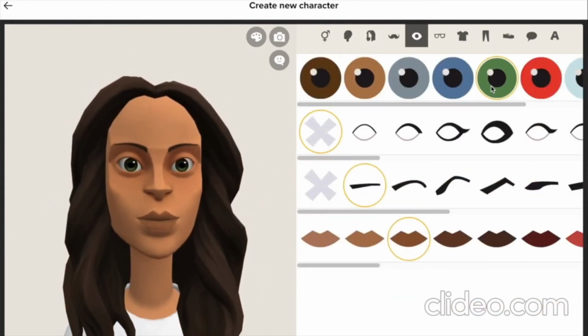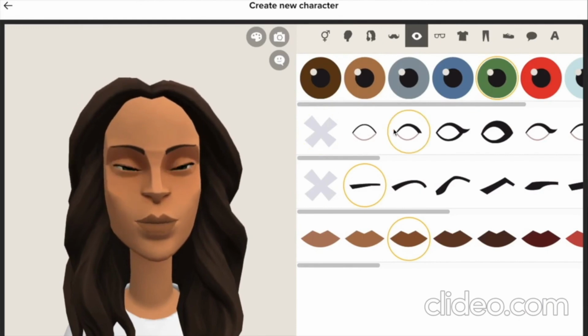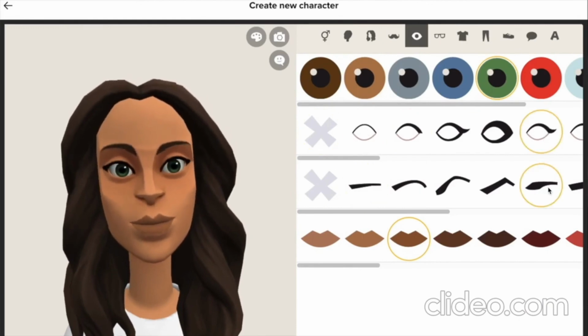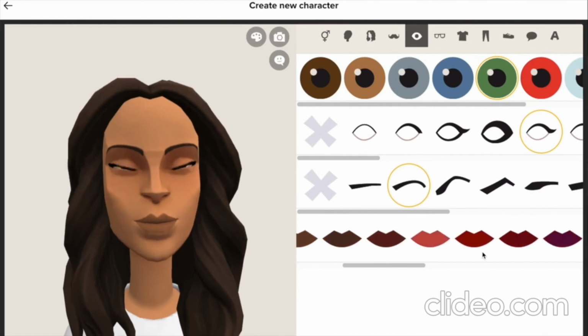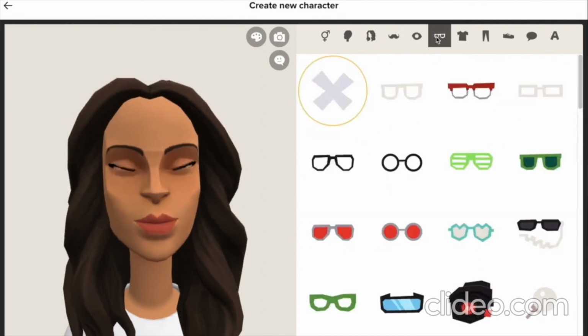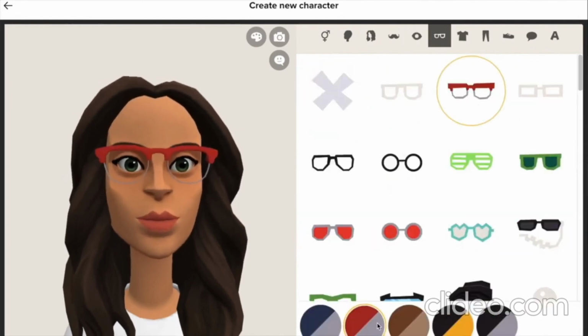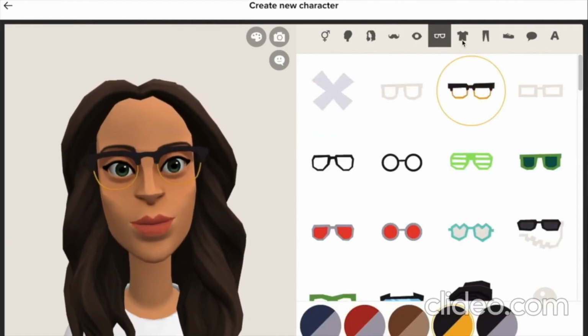You can select facial hair as well as eye color, makeup, eyebrows, and lip color, so you can make the face look like the person you want it to be. There's a large selection of accessories like glasses, hats, and even headscarves.